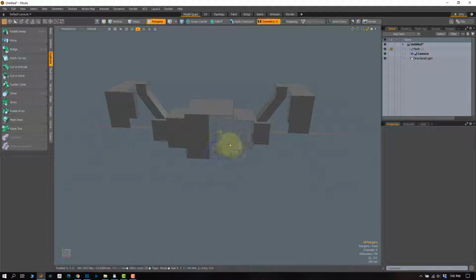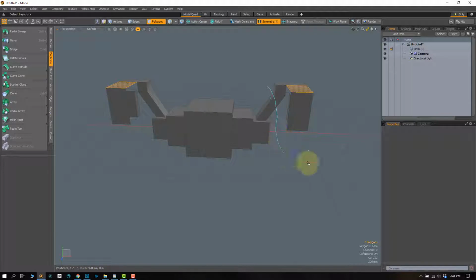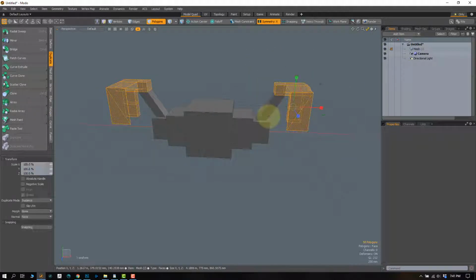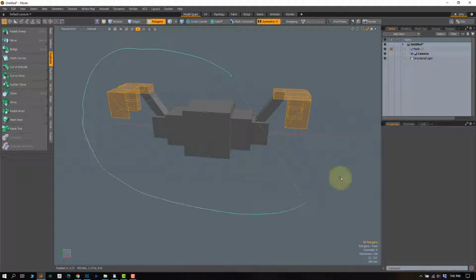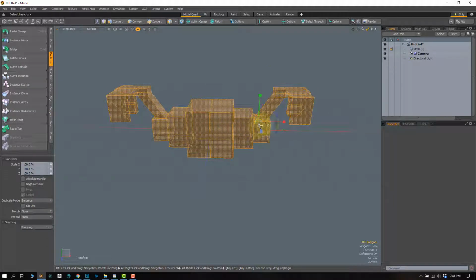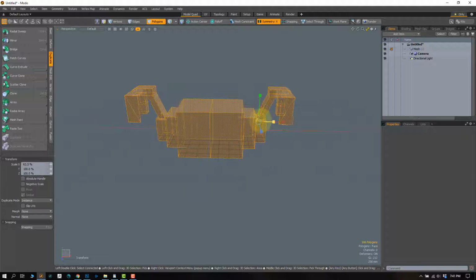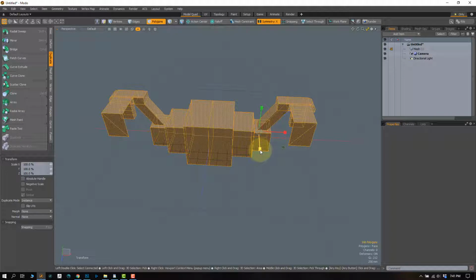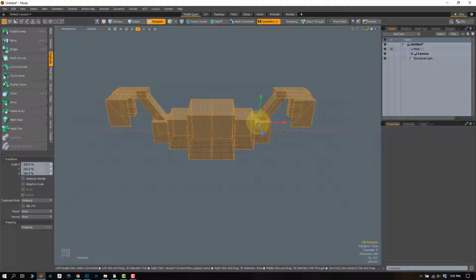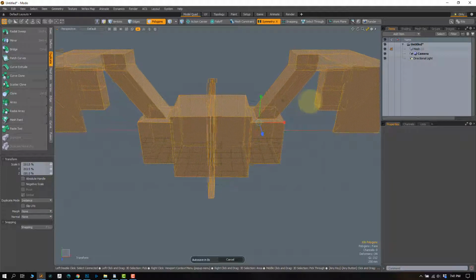Another thing you kind of want to be aware of is the scale tool acts a little bit goofy when you have symmetry on. So let's turn the scale tool on, hit R to scale, and I'm scaling this little piece in and out. It's kind of behaving normally. But let's grab the whole mesh itself. Now let's scale it. Our scale tool's over here. Let's scale it on this axis. Everything seems to work fine. Scale it up and down. Scale it in and out, everything's working fine. Let's scale it on all axes at the same time. You can see